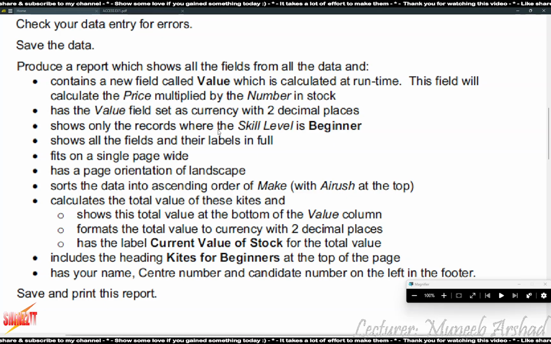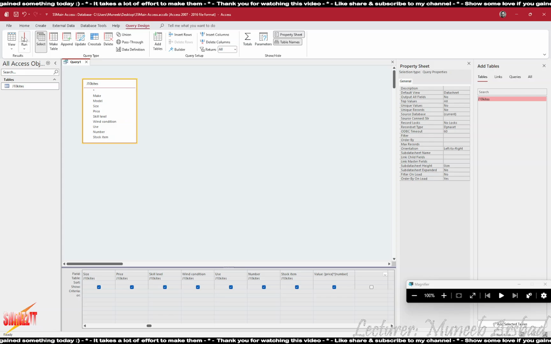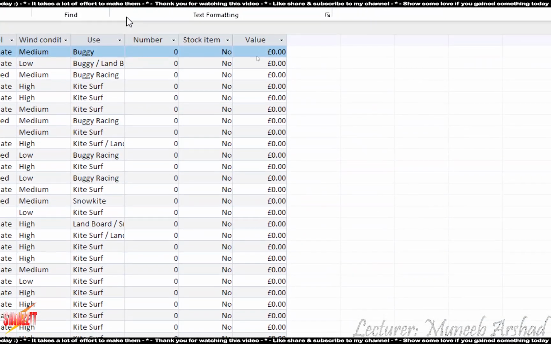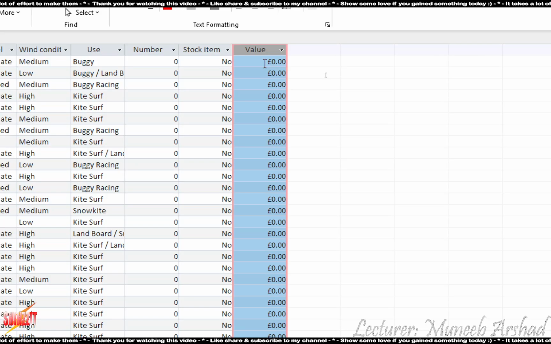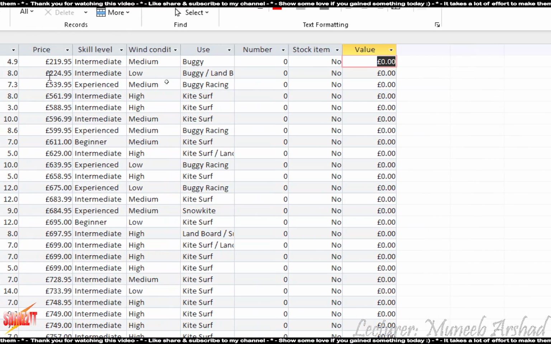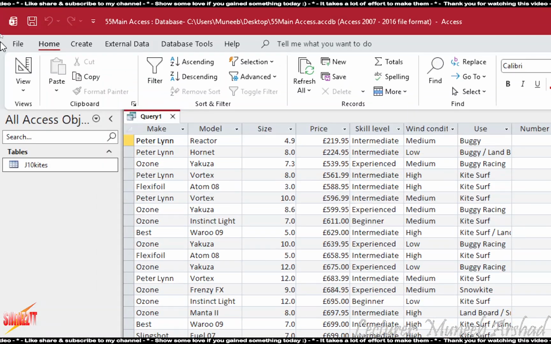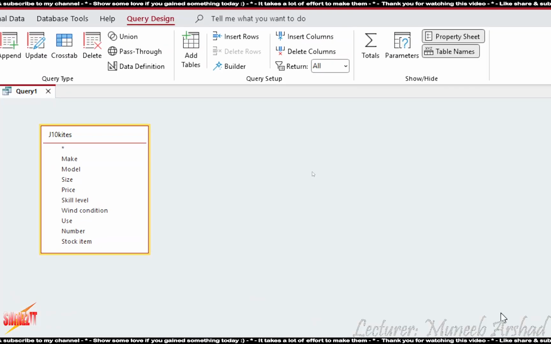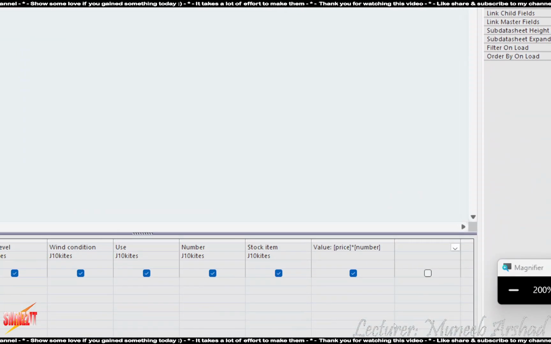अभी हमने प्राइस को नंबर से मल्टीप्लाई किया. प्राइस का एक पर्टिकुलर फॉर्मेट है, राइट? This was being carried forward by the Value field. So you can see that this is also appearing as currency with two decimal places, actually following the format. So you don't actually have to set it. For instance, example ले लेते हैं कि ये नहीं हुआ.